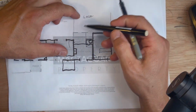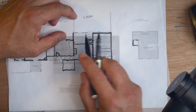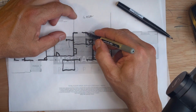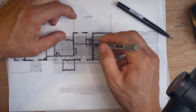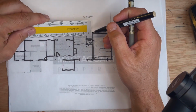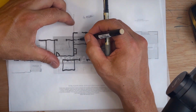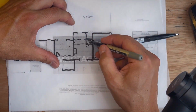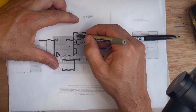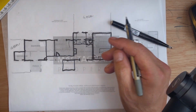And then this space, I think I'd go for probably a utility space, middle of nowhere. I think that's a back porch coming in here, and then having a toilet maybe in the corner here. Let's see how wide that room is. 2 by. You could have a little toilet in there, maybe have a shower in there, and a toilet and a basin, and then you've got utility room, the boots area, a door in there. So